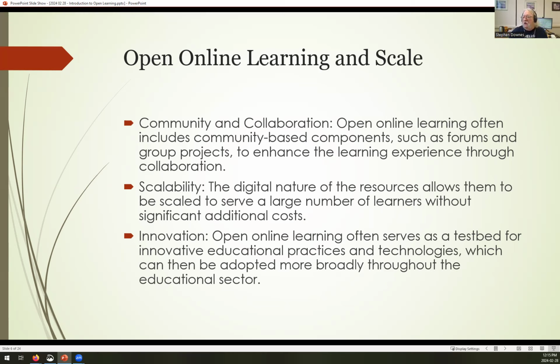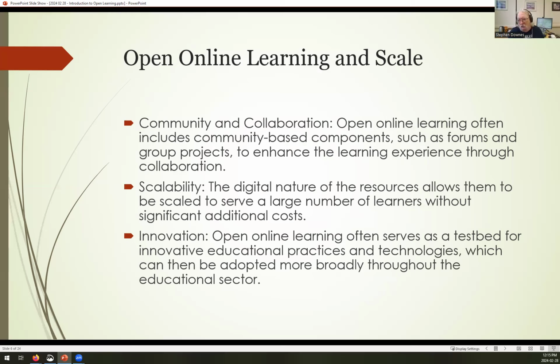As well, the digital nature of open educational resources allows a course or a learning opportunity to scale in that way as well. And in particular when you add cloud technologies and internet technologies, as we have seen, and as we'll talk about, a class that typically could only be taken by maybe a maximum 100, 150 people in a university auditorium can now be taken by thousands, tens of thousands of people at the same time.